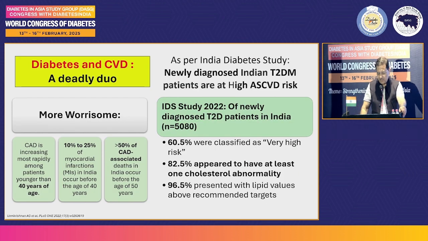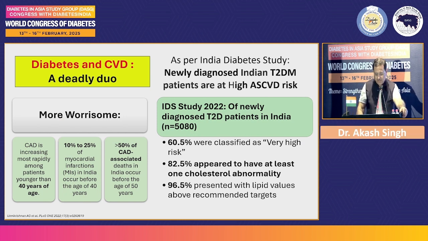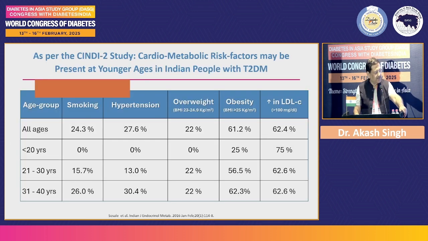This was a trial done by Dr. Unnikrishnan et al. They classified diabetes patients, and almost two-thirds were considered very high risk for CVD, and almost 90 to 95% of the patients have dyslipidemia. So you can see that this is a very pro-inflammatory, ASCVD-contributing disease. Now, this study was done in a younger population, and you can see that even below